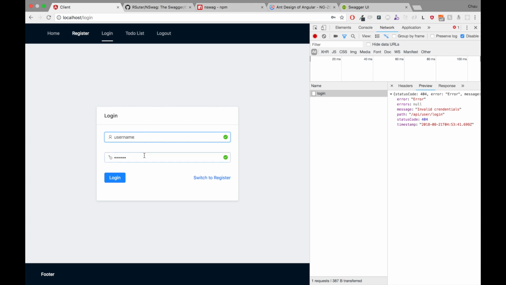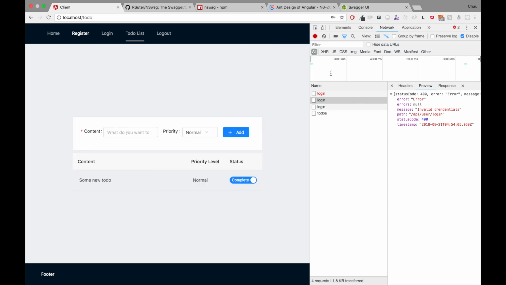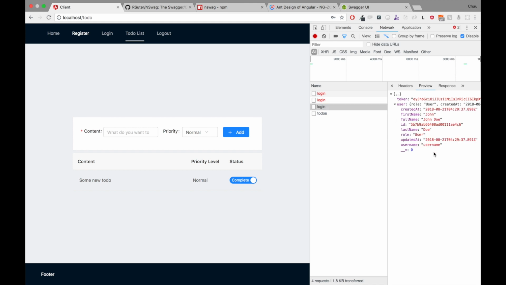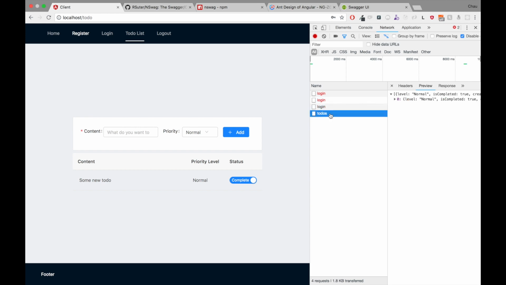Same thing, if I have the right username and the wrong password, I get invalid credentials. Now if the username is right and the password is right, and I click login, I can log in. And as you can see, this is my token, this is my user that I append to the login response VM, and then on my to-do, I fetch to-dos, which I have only one right now,